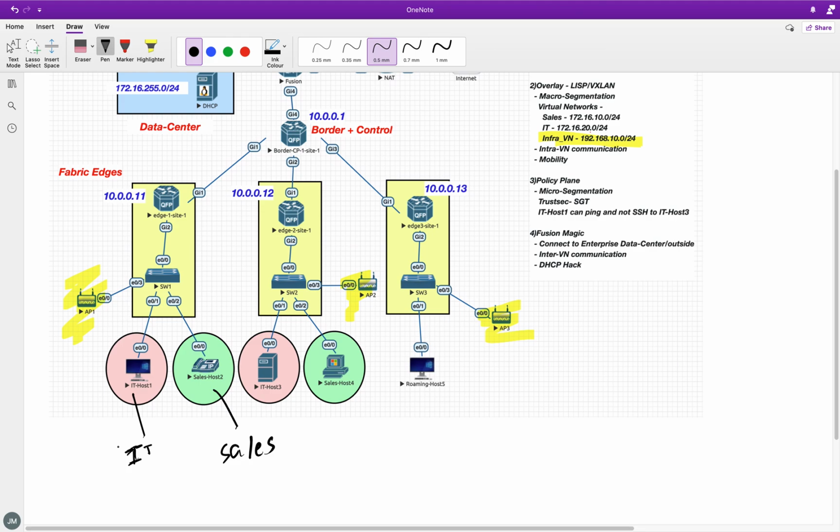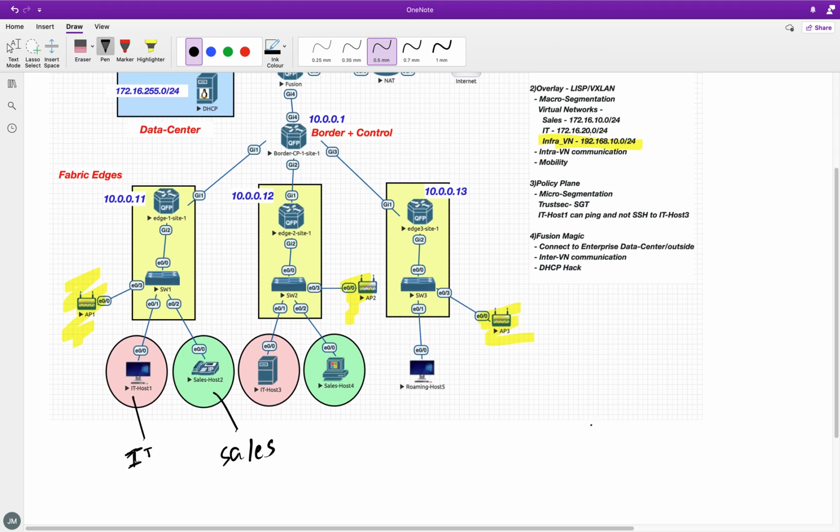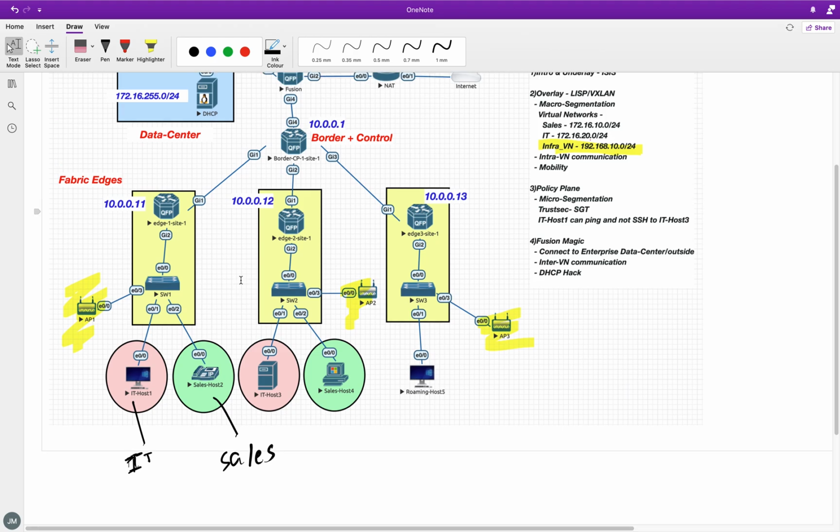Now the good thing about SD Access is it automates all of this for you, so you will not understand the burden and the trouble to configure this. But since we are configuring it manually, you get to see all the fun part. So let's start with that. We have to configure the VRFs. Now before that, there is something very important which I want to call out here,